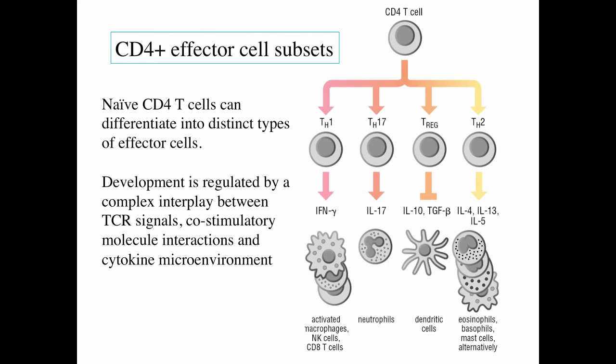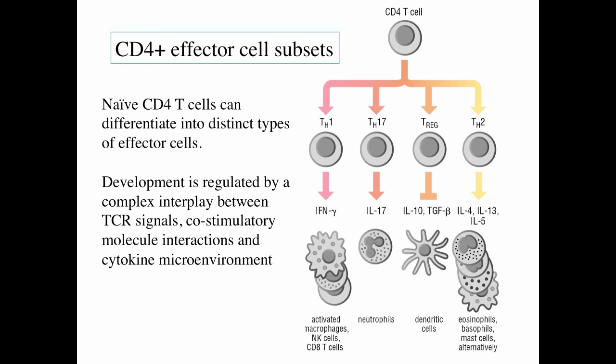So let's talk just a little bit more about CD4 effector cell subsets. So I already mentioned these four major classes of T effector cells: Th1 cells, Th2 cells, Th17 cells, and T regulatory cells. And so one way that these cells are defined is by the types of cytokines that they make that confer different types of immune effector functions. So for example, I said that Th1 cells are especially good at activating macrophages. And that's because Th1 cells make lots of interferon gamma that engages with receptors expressed by macrophages that facilitate the immune function of macrophages and allows those macrophages to be better able at killing